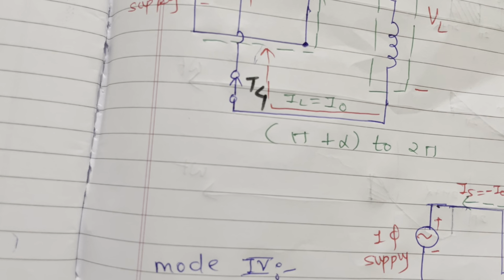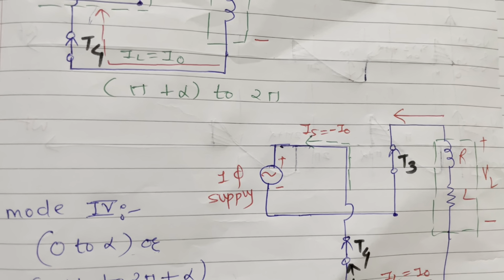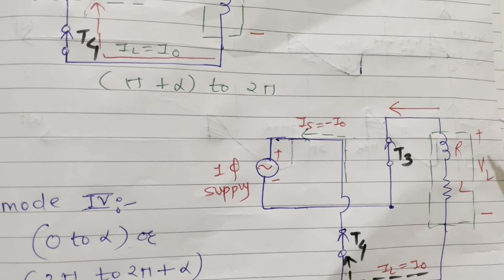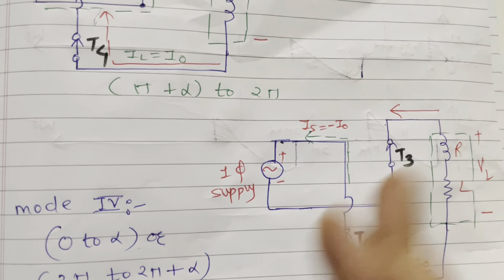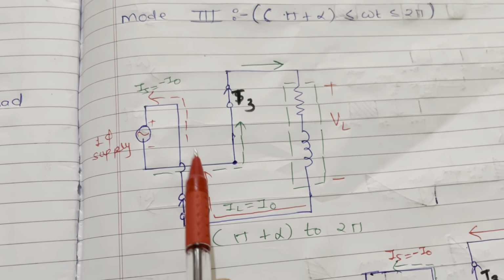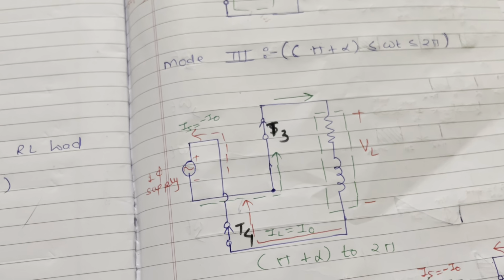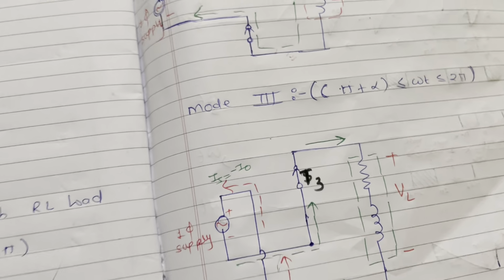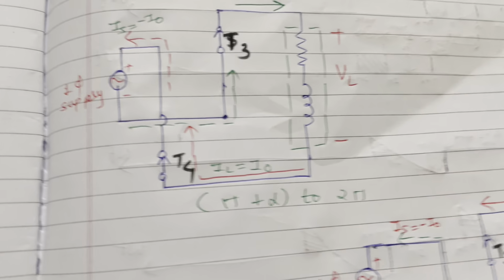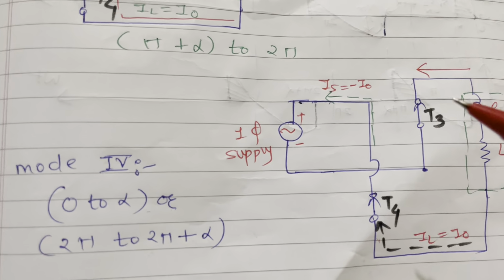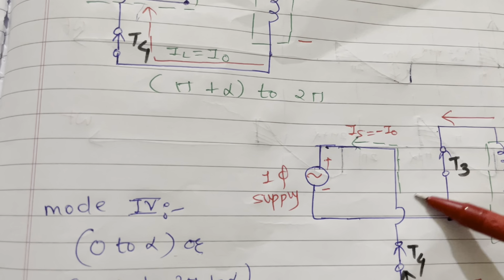The inductive load will try to oppose any change in the current. In order to maintain the load current constant in the same direction, a self-induced voltage appears across the load, and the induced voltage is negative, as shown in figure C. This maintains SCR3 and SCR4 conducting in the forward bias direction in spite of the change in the polarity of the input supply.